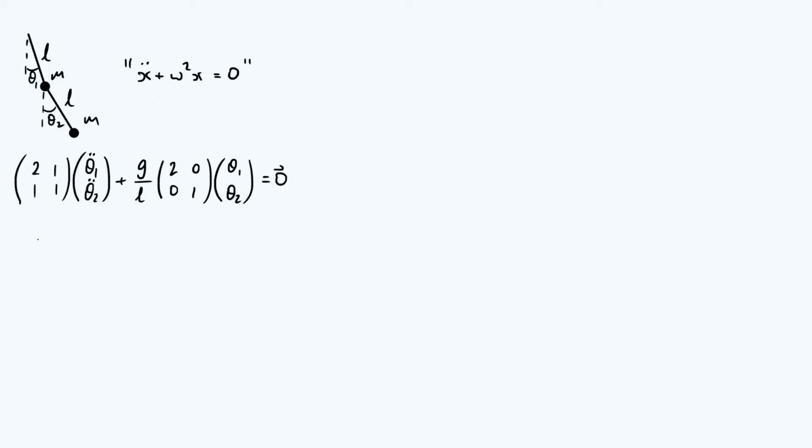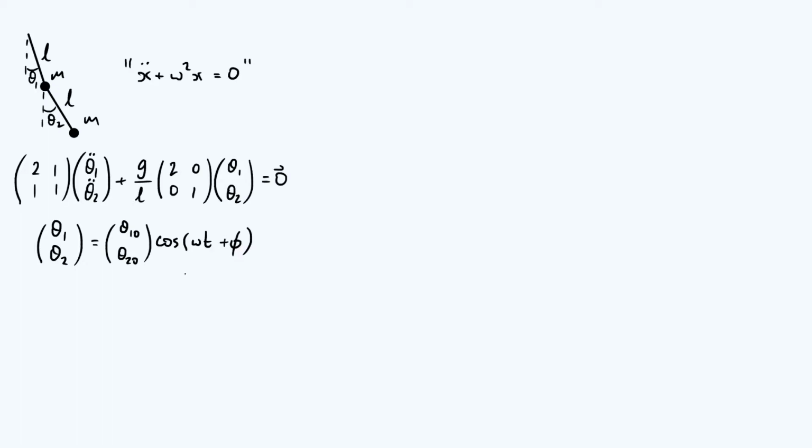In other words, we could try a solution of the form θ1, θ2 as a vector is equal to some constant vector, which I'm going to call θ1,0 and θ2,0 times some oscillating term, cos of some angular frequency omega times time plus some phase, right? So this is like the most general oscillating vector that we could come up with, assuming that they oscillate with